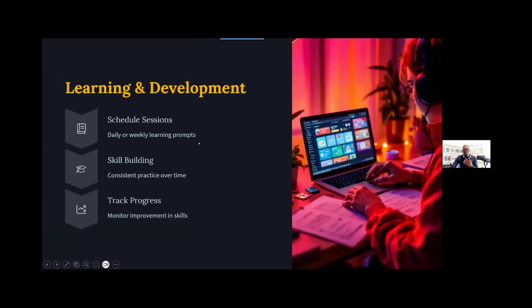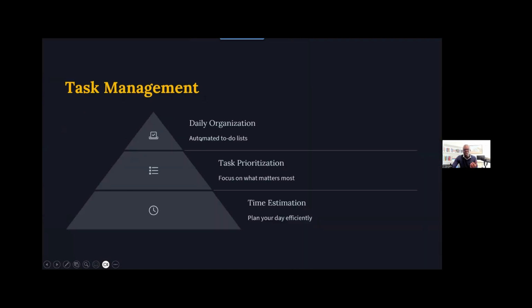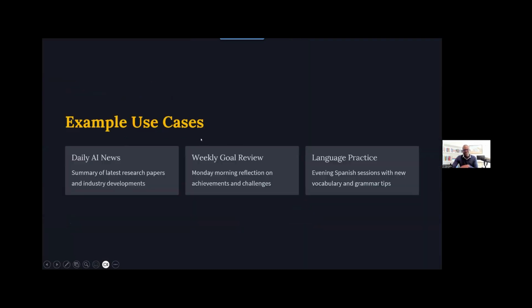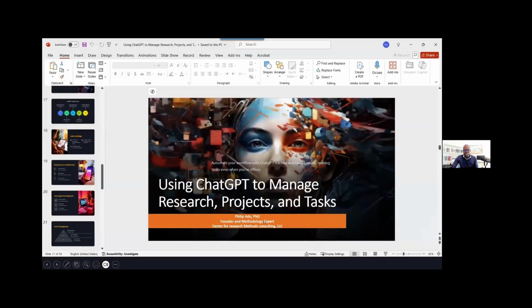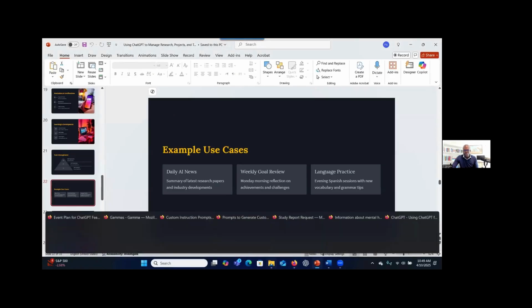It can also be used as a learning and development project. Let's say you want to learn about language or learn about an issue. You can tell the system that every week, every day, give me some information about this topic, so that I can learn. It also helps you to manage tasks. So I'm going to provide you some examples of use cases, so that we can see how it looks like